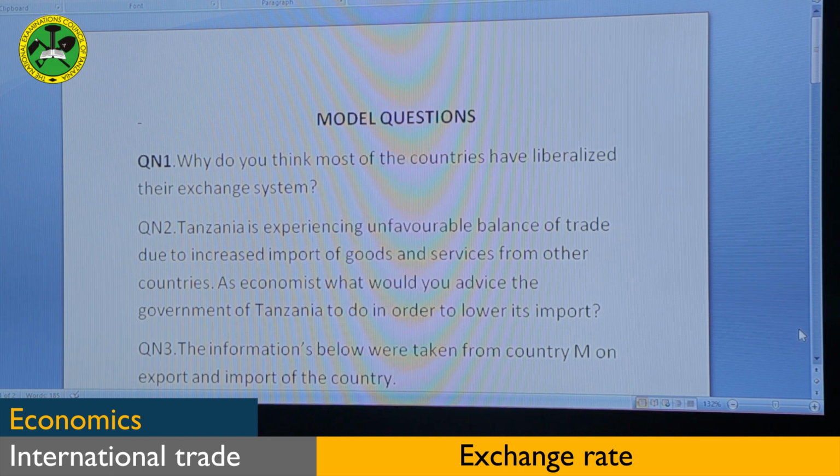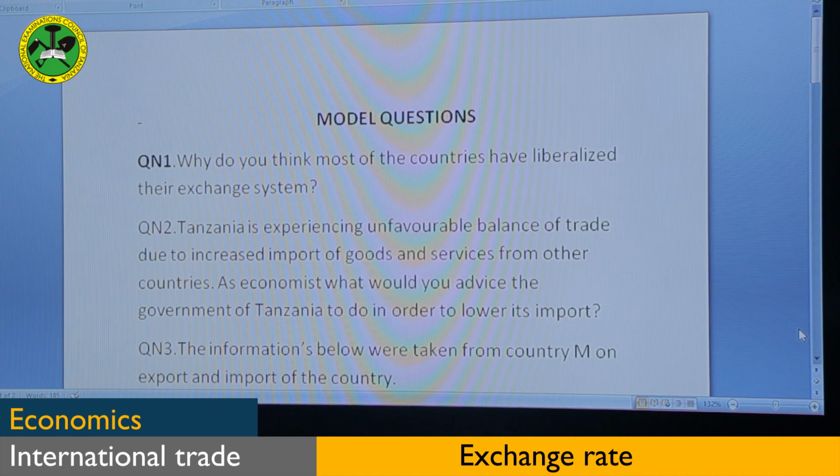services from other countries. As economist, what would you advise the government of Tanzania to do in order to lower its import? You see, I read again the question. Tanzania is experiencing unfavorable balance of trade due to increased import of goods and services from other countries. As economist or as economic student, what would you advise the government of Tanzania to do in order to lower